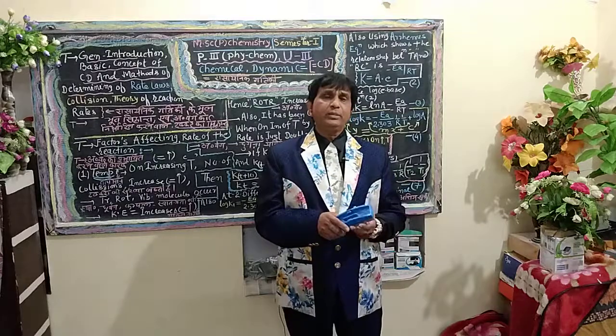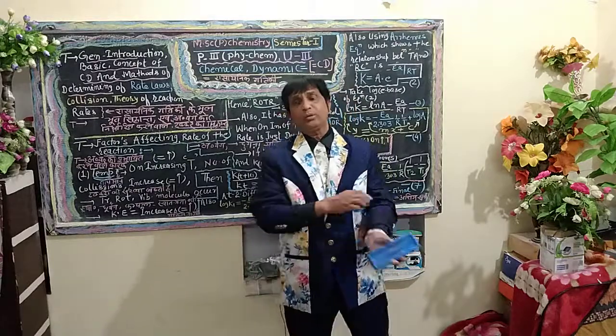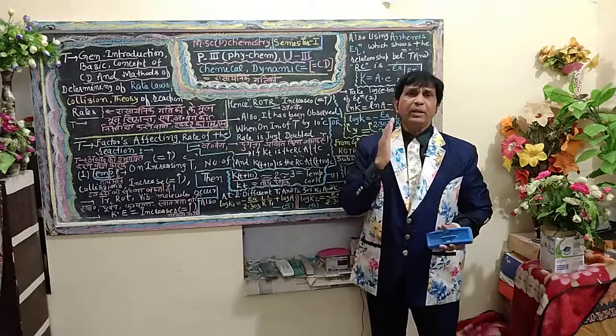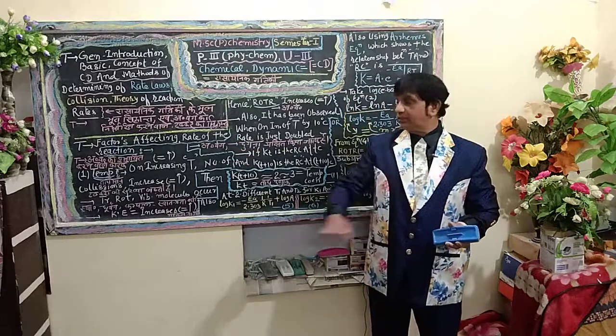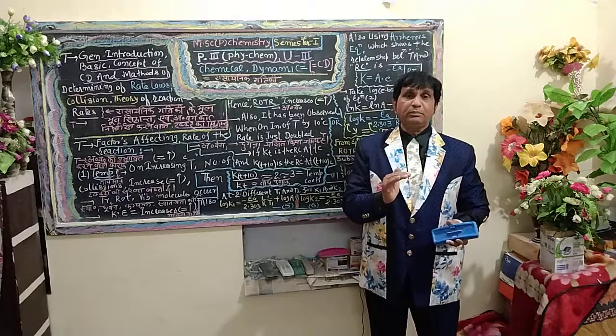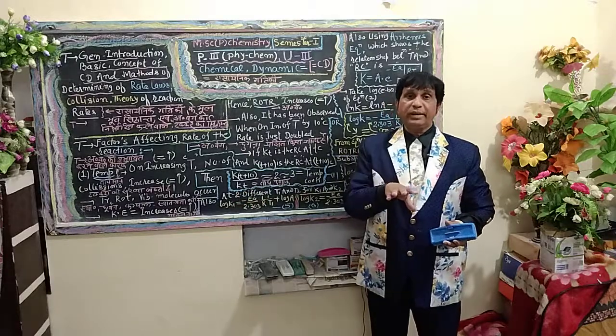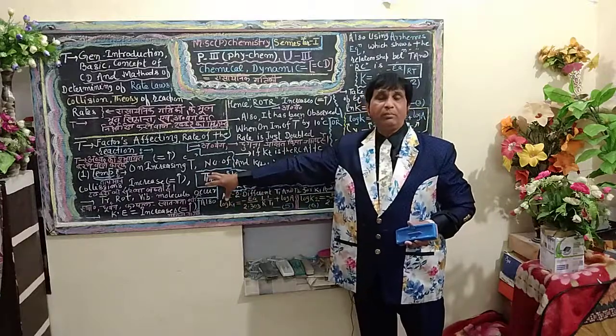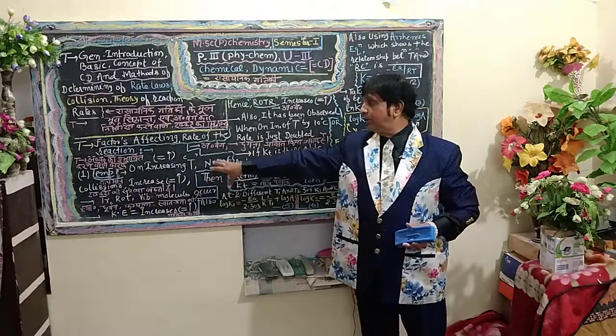So students of MSc chemistry, first of all, on behalf of the various phases and postulates, I have mentioned them on the blackboard. The first one is the factor of kinetic energy, which is responsible for increasing the velocity of the reaction on increasing the temperature. It can be explained on the blackboard, where I have mentioned the detailed theory.